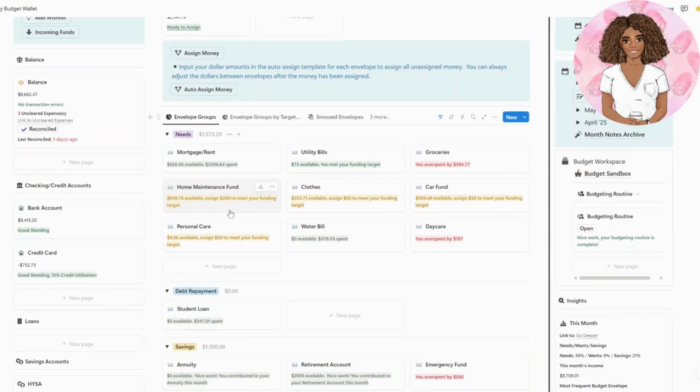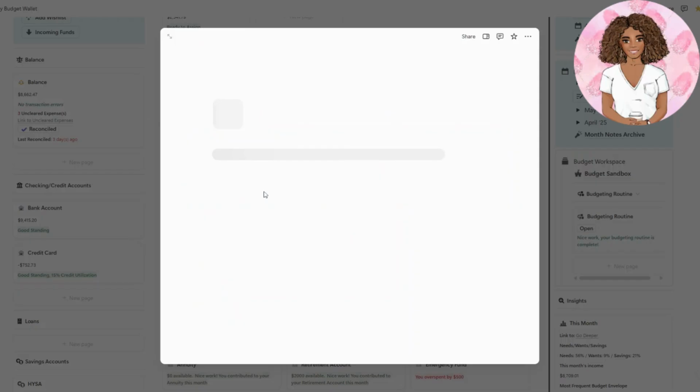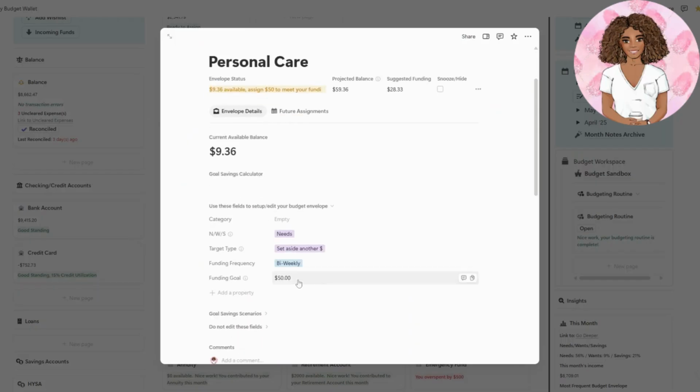All right, home maintenance is supposed to get 200, but I think I'm going to skip funding that one. I'm going to skip clothes. I'm going to skip the car fund, and I'm going to give personal care